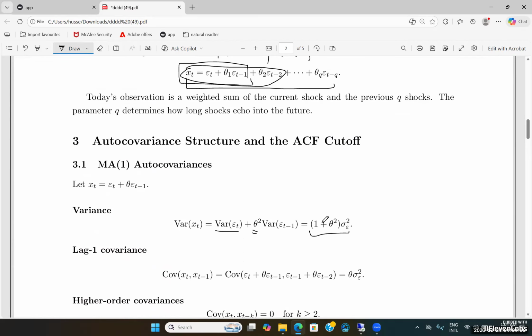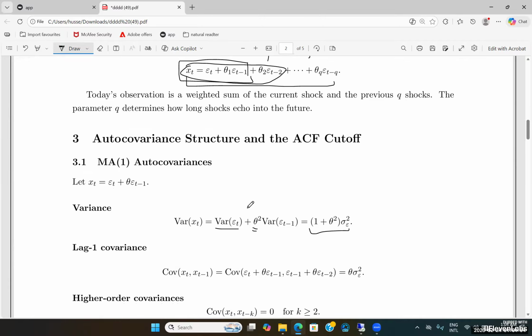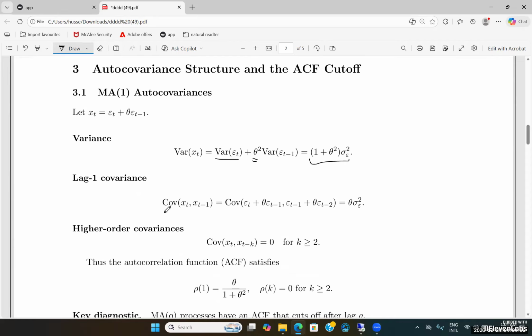So the variance of x, logically, is a function of the variance of the underlying error, given that the MA model assumes that the xt variable is affected slowly by the impact of error shocks. The covariance between the variable xt and xt minus 1, specifically, we're discussing the autocovariance, assuming that the xt variable follows an MA process. The entire framework is defined and established by this particular term.